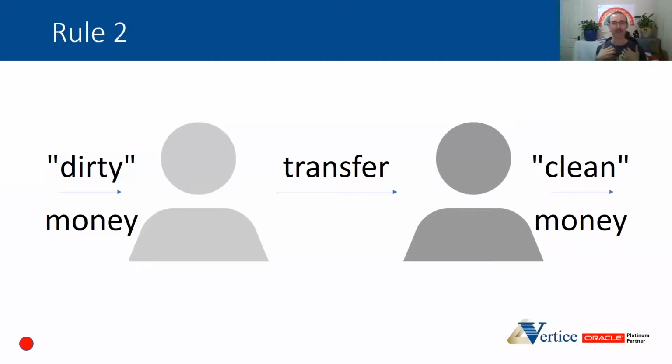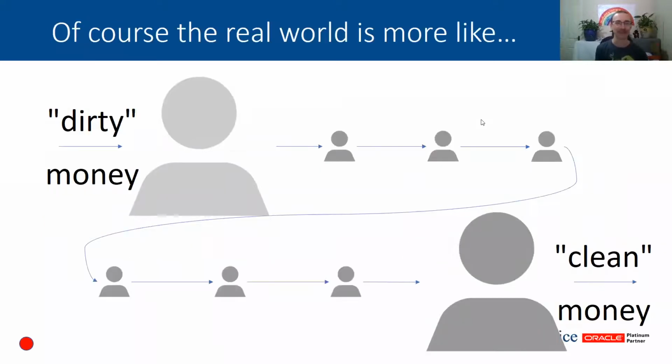We're just looking from one person to another, cash it out, basically. But of course, these days, criminals are much more sophisticated, or at least so I'm told, right? They're more likely to do something a bit like this, where they have a nice big long chain of transactions where I've got my dodgy money. Instead of sending it straight to Abby,